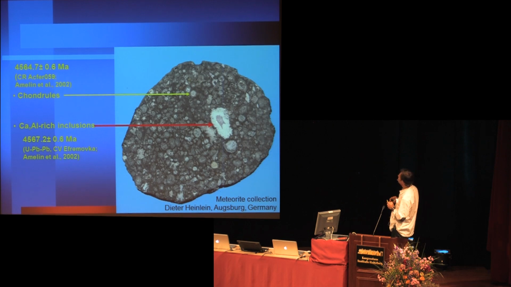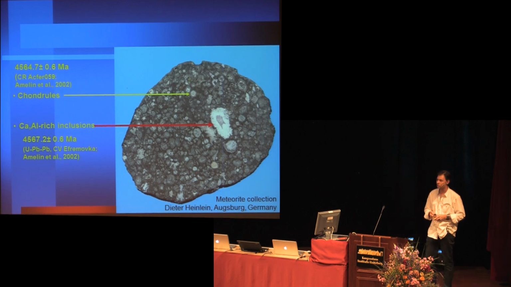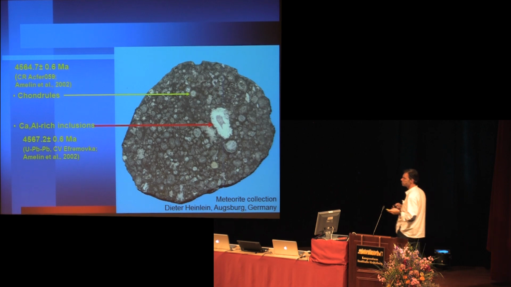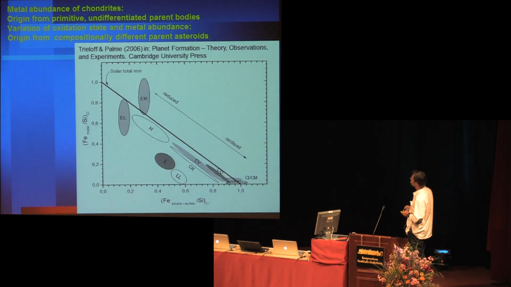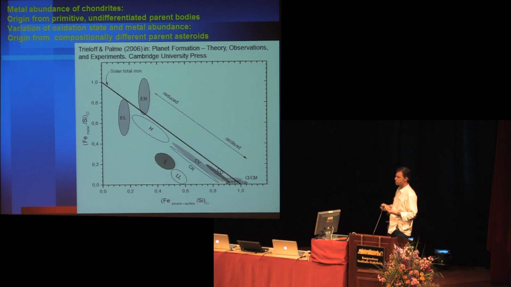Now, undifferentiated, this term also refers to the roughly cosmic abundance of iron and nickel. Calcium aluminum-rich inclusions are still the oldest objects we know from the early solar system, which were precisely dated. This is not the up-to-date value, but an older value, but it's still valid within uncertainties. And most of the chondrules seem to be 1 to 3 or a few million years younger than CAIs. So what's the difference between meteorites? They contain metal in roughly cosmic proportions, but there are variations within the different groups, concerning the oxidation state of the iron and the total metal abundance or total abundance of iron.